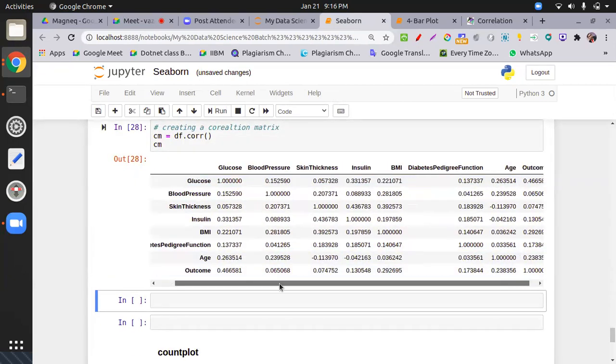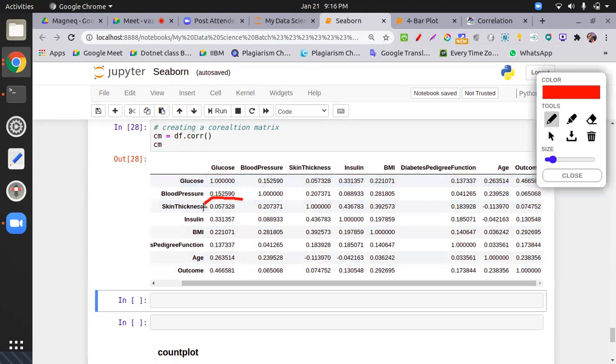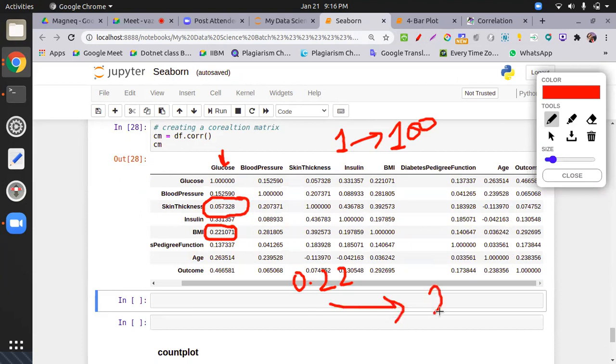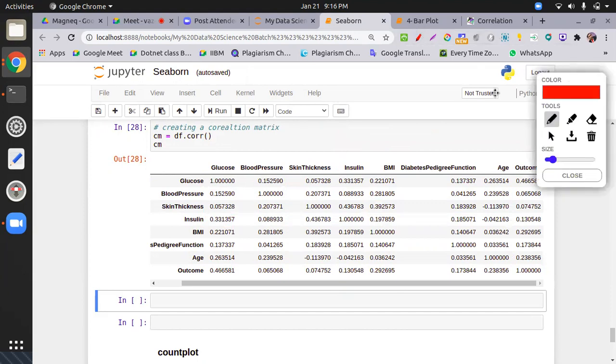So this matrix takes all points and evaluates all other columns. Let's suppose, what does its significance mean? How much skin thickness impacts glucose, how much BMI impacts glucose. The maximum value is 1, for 100%. So if BMI is 0.22, it means BMI impacts glucose by 22%, meaning a person with a very heavy physique has a 22% higher chance of being diabetic. But this is not our concern. Our concern is the outcome column, which contains the classification.